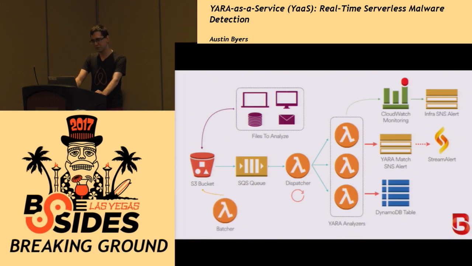And finally, the retroactive analysis component, where there's a separate batcher, which every time you deploy BinaryAlert and change the rule set, it'll pull all of the binaries from your whole bucket, and files. It doesn't have to be binaries. All of the files from your bucket and put them back in the queue to be reanalyzed. So that's the full architecture. And again, all of this is managed for you by Terraform, so you don't really have to worry about any of this. But that's how it works under the hood.